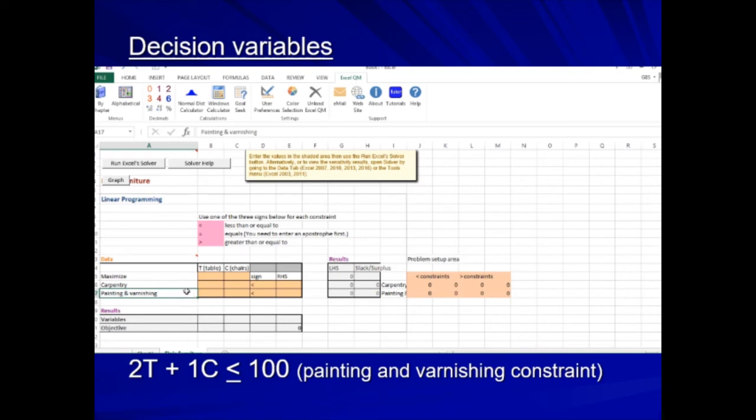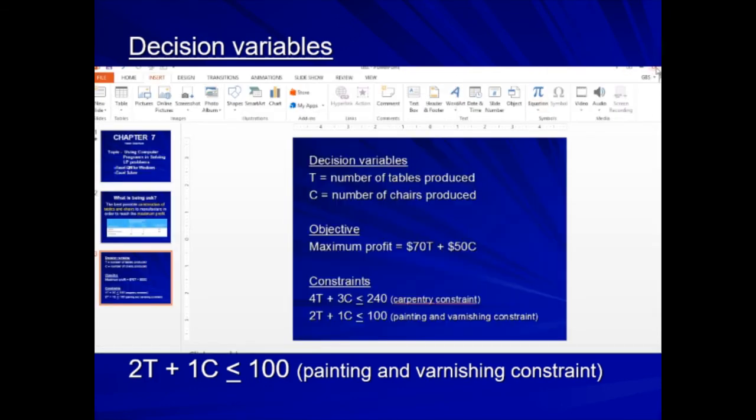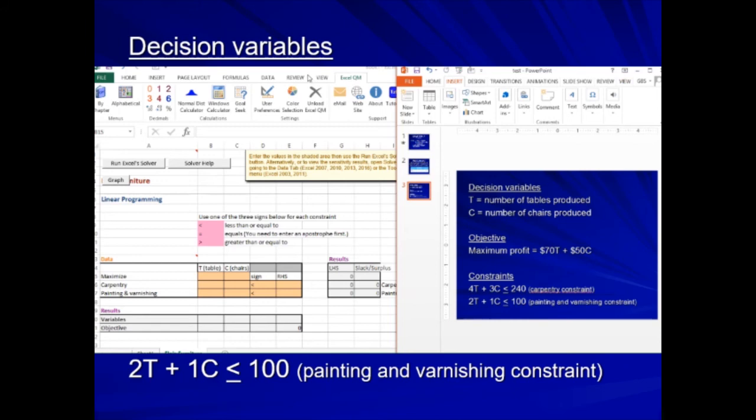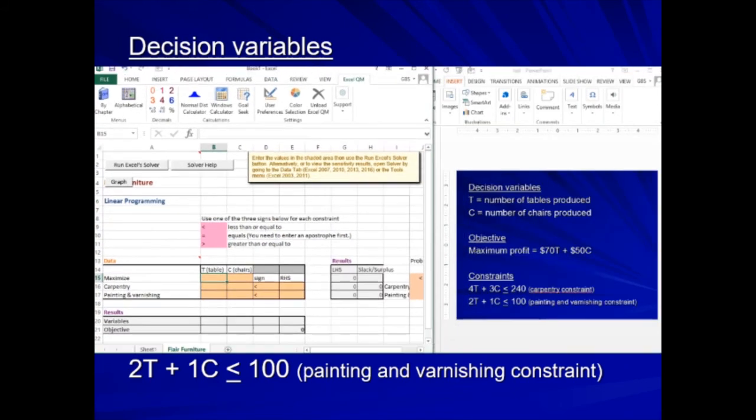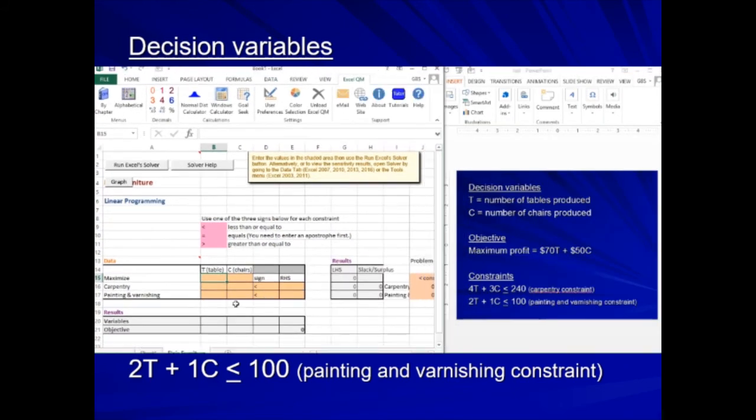The next step is we input the data here in the shaded portion. The given here for the objective is